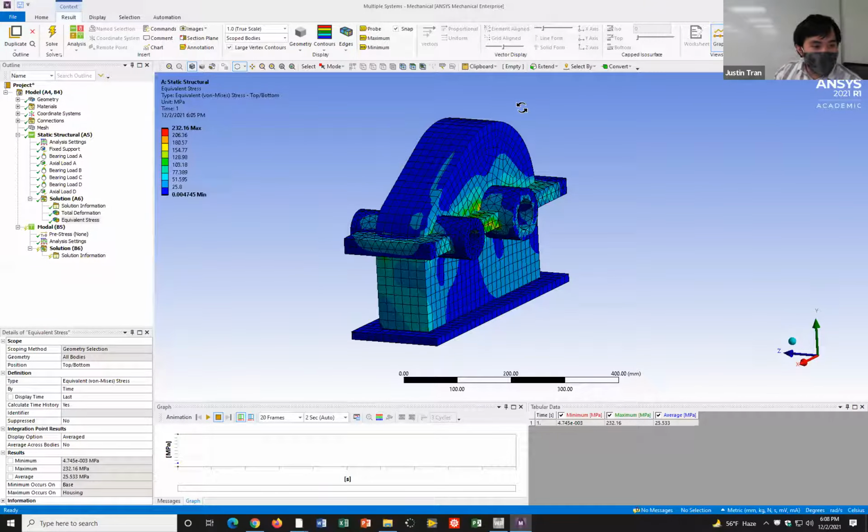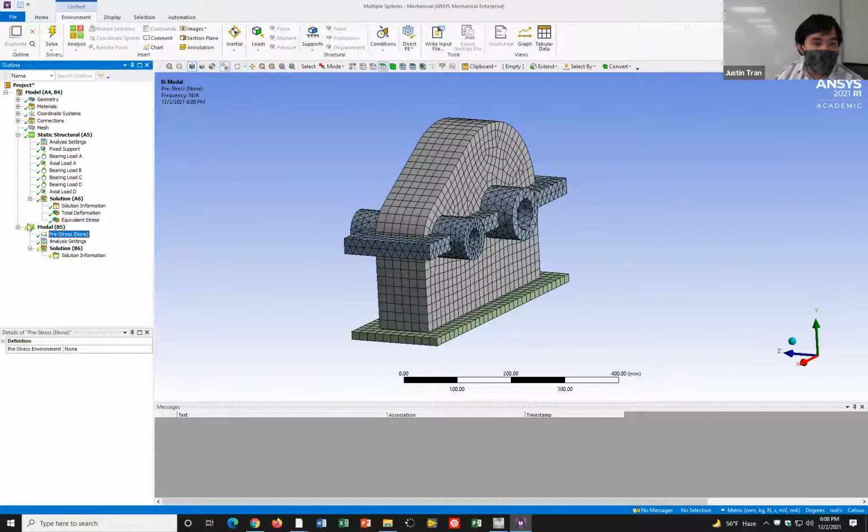If you drag the modal analysis and you have a connection with the solution, probably what you'll see is that for this setting right here called pre-stress, you might have something in parentheses for static structural. The pre-stress, remember, is a state of stress that the structure can have, and it's going to slightly modify the natural frequencies of your structure. Most of the time you want to do that, but for now we're going to not include it. If you have pre-stress here, go ahead and click on none, and then we'll bring it in a bit later.